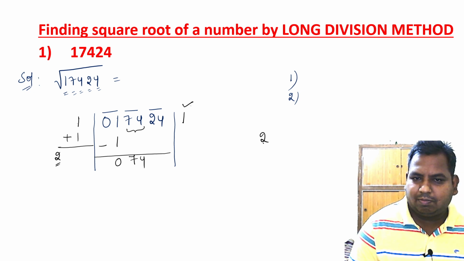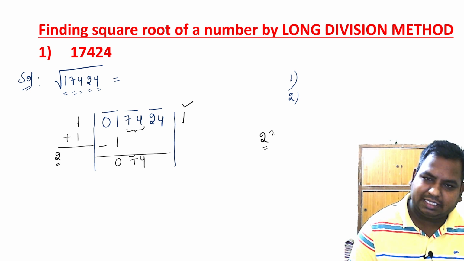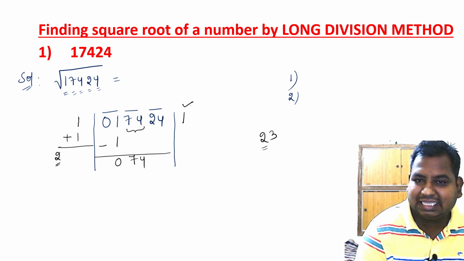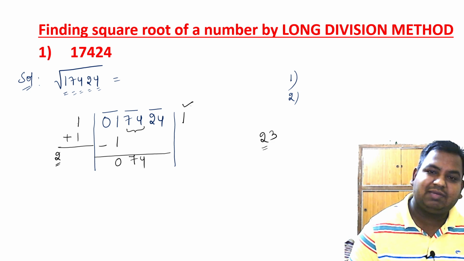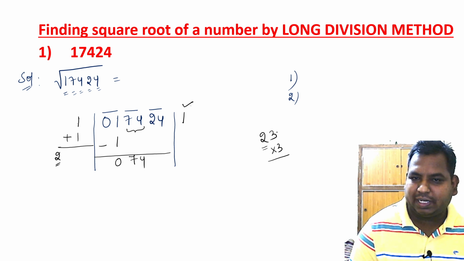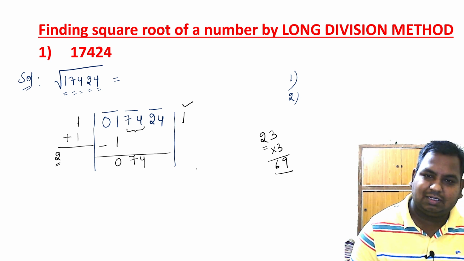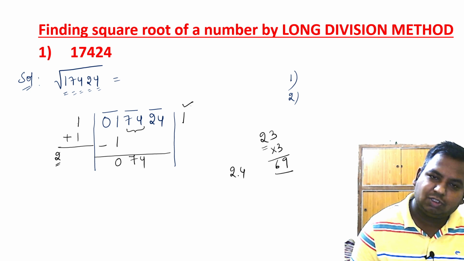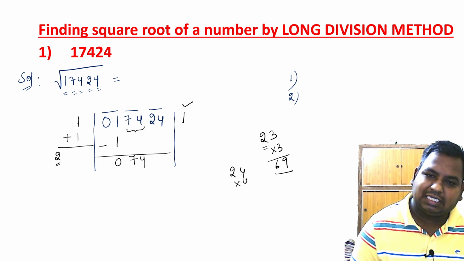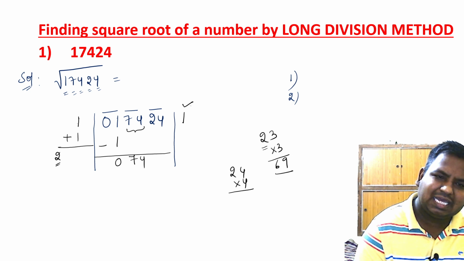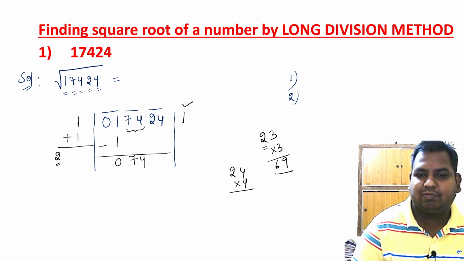Now, you can take some number beside 2. For example, I am taking 3. If I am writing 3 beside 2, then with the same number I have to multiply. So 23 3s is 69. I'll repeat once again. For example, see here we have 2. Beside 2 I'll write 4. So what should I do? I should multiply with the same number. Whichever number I write beside 2, with the same number I have to multiply.